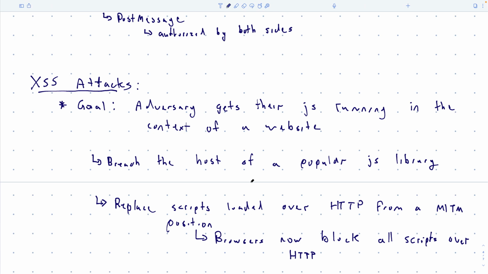And so this is so dangerous that now, as we've mentioned many times before, browsers do not let you load JavaScript that's not served over HTTPS, okay? If it's served over HTTPS, then you at least have that guarantee that it wasn't changed by the network between you and the website. It doesn't protect you from the first attack, right? HTTPS doesn't help if the script is bad on the website itself. HTTPS just says it wasn't modified, like what the website sent you and what you received is exactly the same, right?